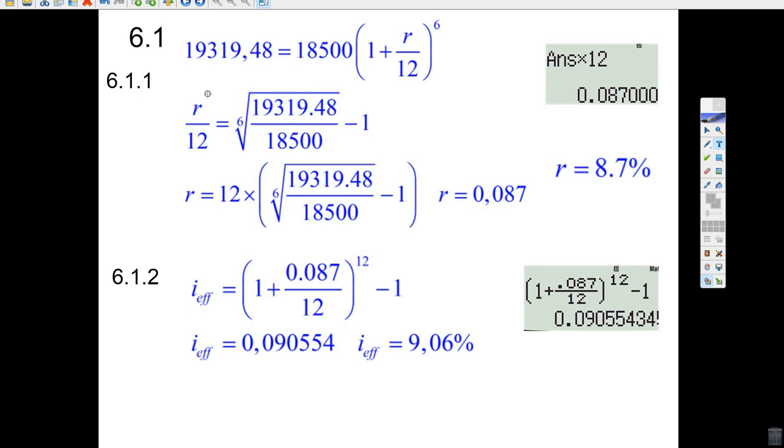What do you do? You divide by the 18,500. You take the sixth root, so you'll make that sixth power go away. You take away the 1, and then you'll be leaving this by itself. You take away 1, and then you multiply it by 12. When you do that in your calculator, it comes out to a perfect